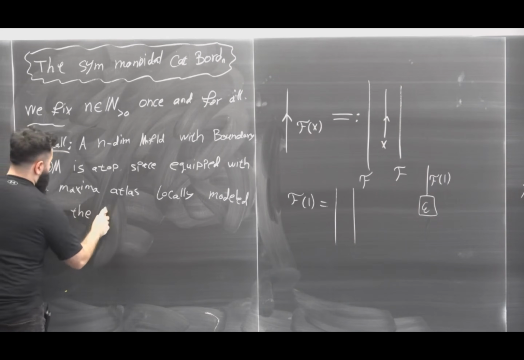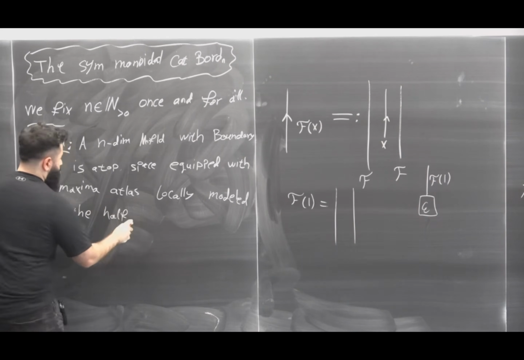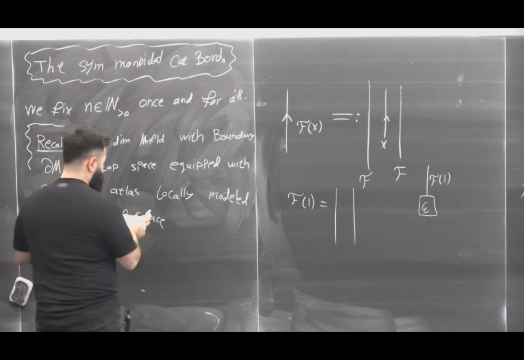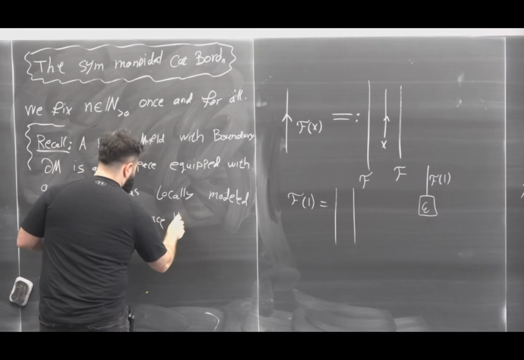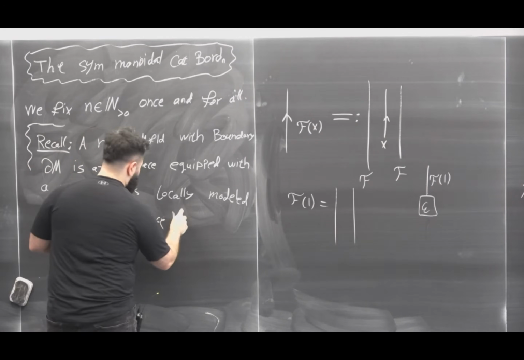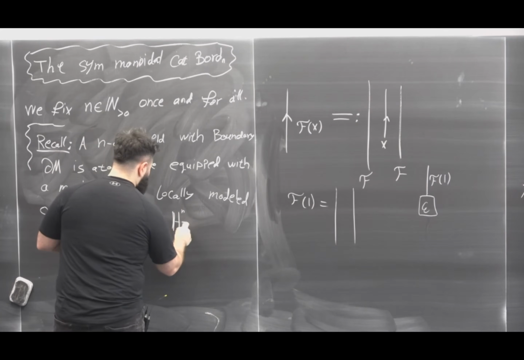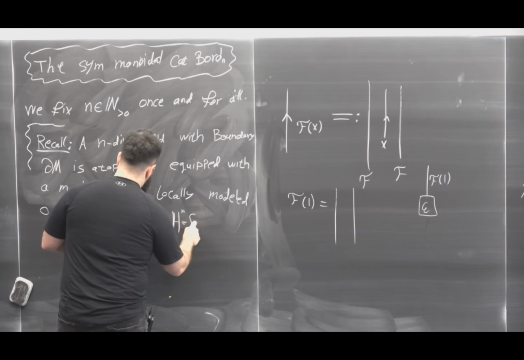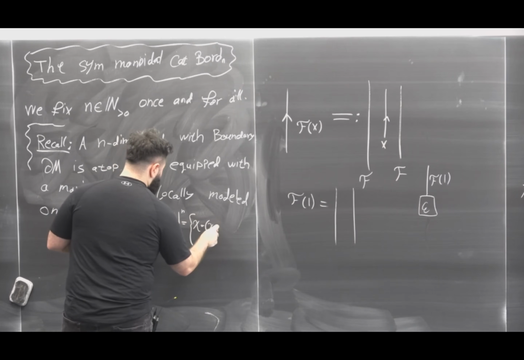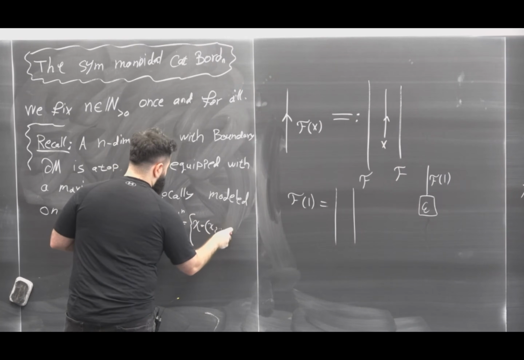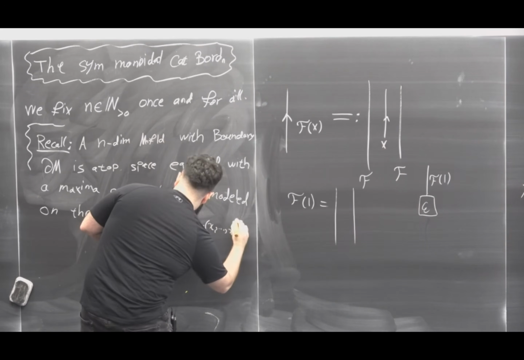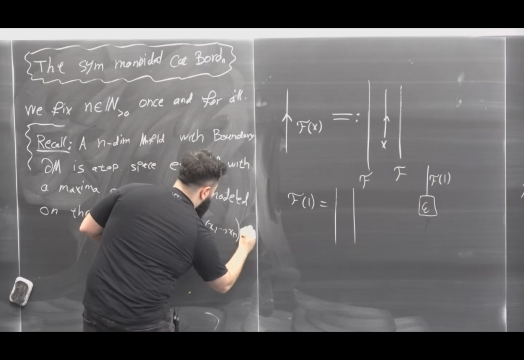The half space we'll denote with blackboard bold H^n, as the set of x with coordinates x1 to xn, elements of R^n,